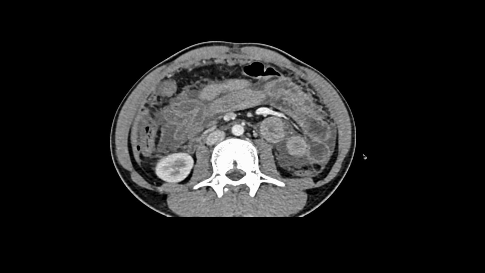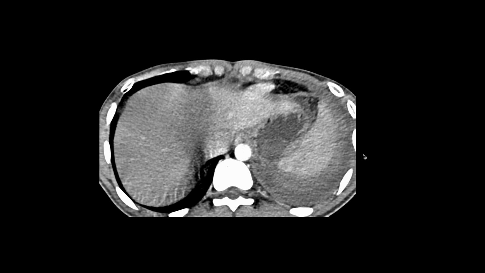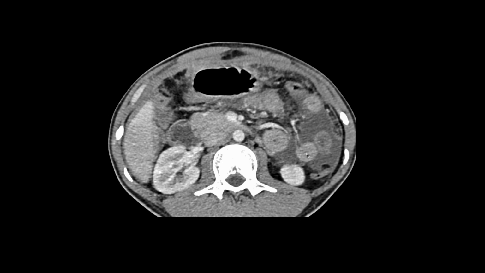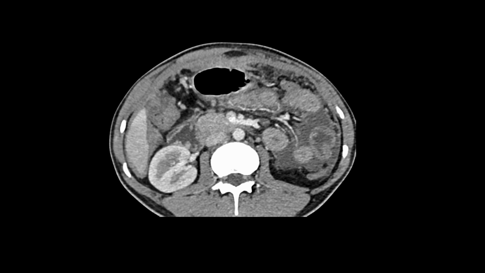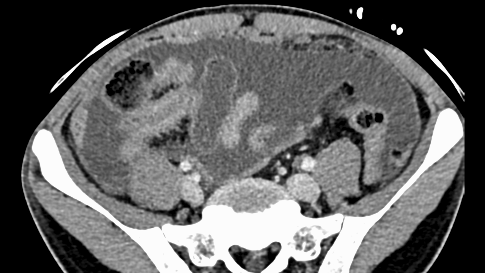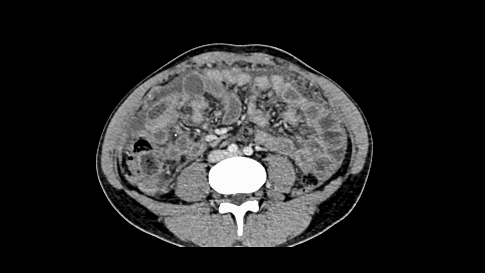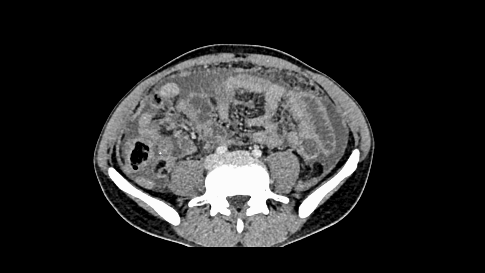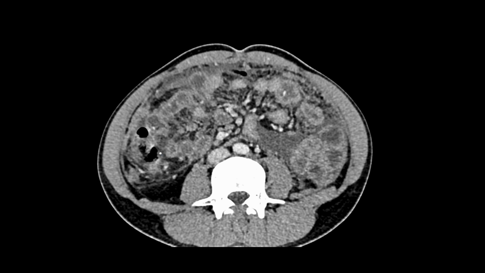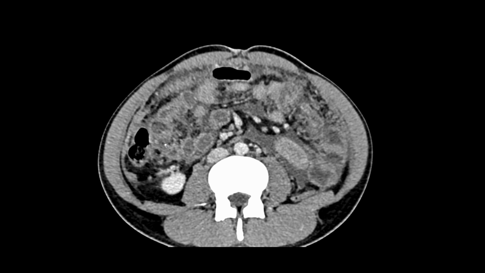So in TB, we do see some kind of bowel inflammatory wall thickening like duodenum, jejunum, terminal ileum as well. In this case, the terminal ileum was completely normal. If you see here, the IC junction is normal. There is no wall thickening as well. So this is the IC junction here. You can see the ileum coming outside. This is the cecum,